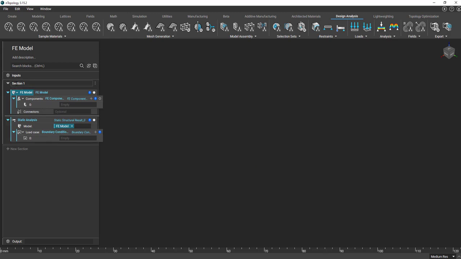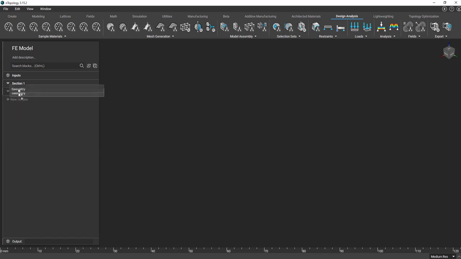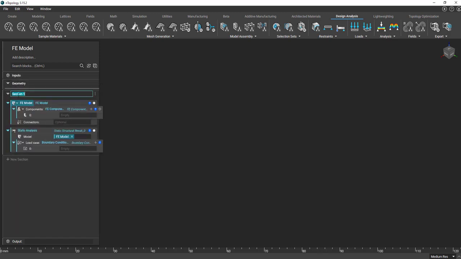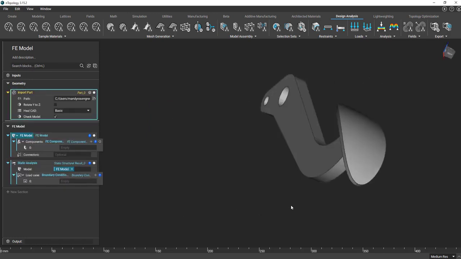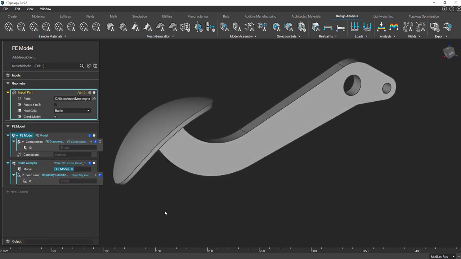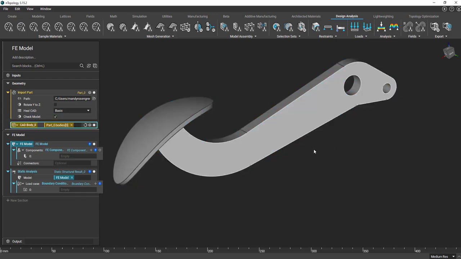So first what I'll do is create a new section for my geometry, and I will place that at the top. And I'll rename this section to be FE model. And I'm going to drag and drop my brake pedal parasolid file that you can get from downloading the files below. And we can see this here. So this is a single body, and if I double click, we can select that entire body that we'll run our analysis for. So I'll create CAD body variable by right clicking on that, and I'll rename this to be